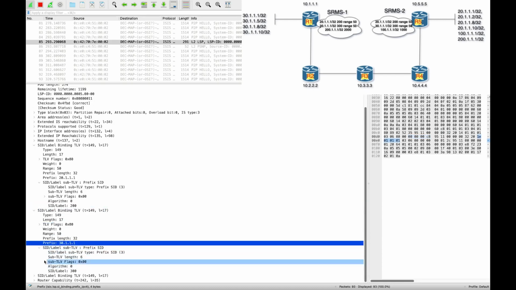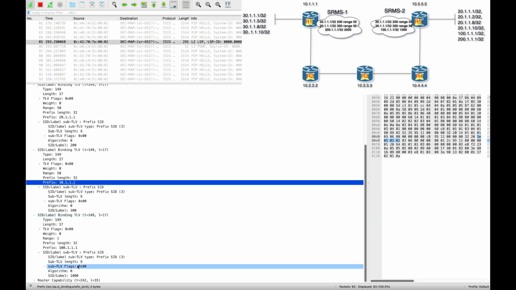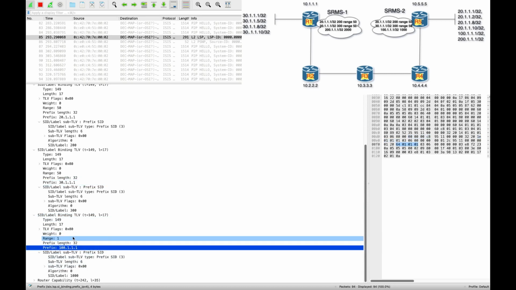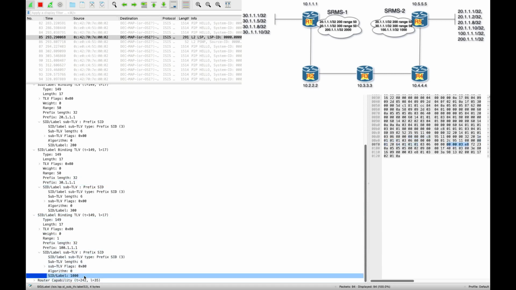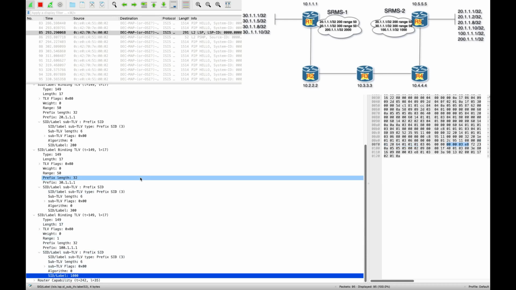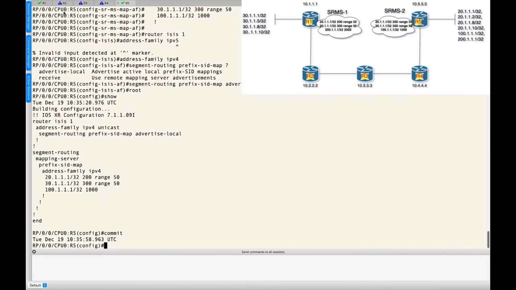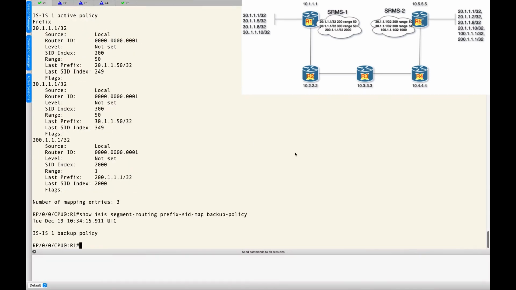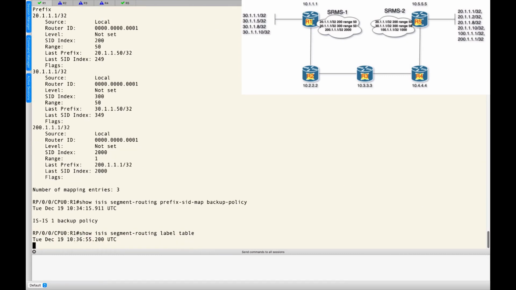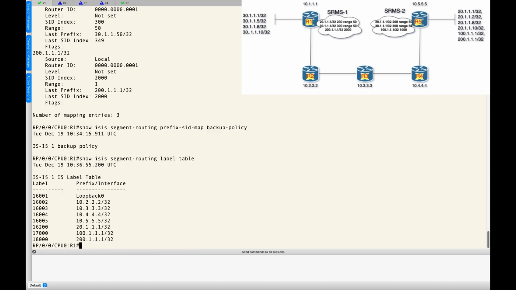This is for 30, and this should be for 100 with a range value 1 and starting seed value is 1000. So if we check the segment routing label table, it will be the same, but if we check the active and backup policy,